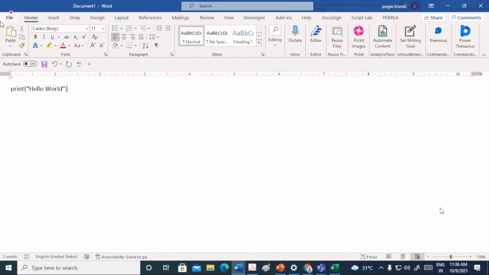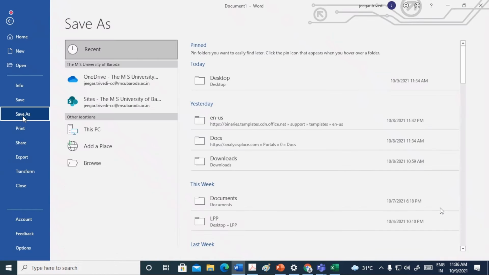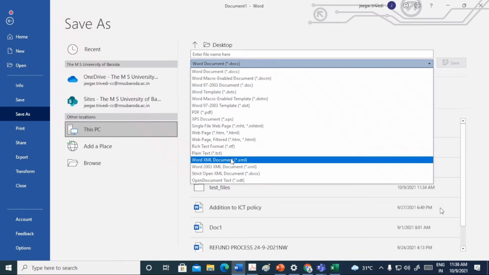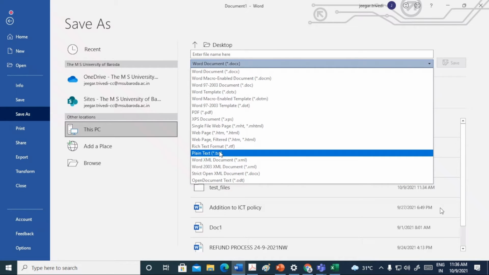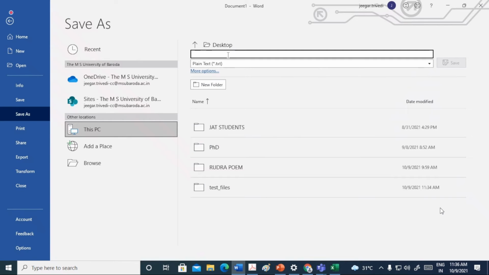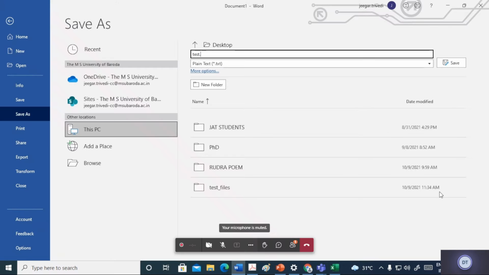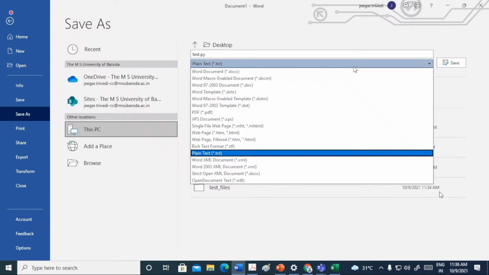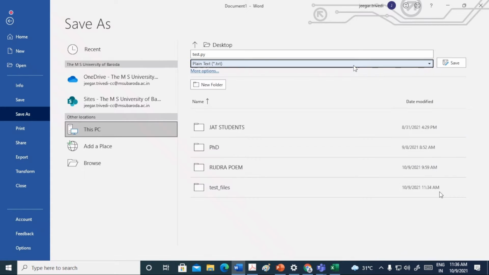That's it. And what I have to do is save this on the desktop as a plain text file, and you can give the name test.py. Py is the extension of a Python file, test.py, and just save it.